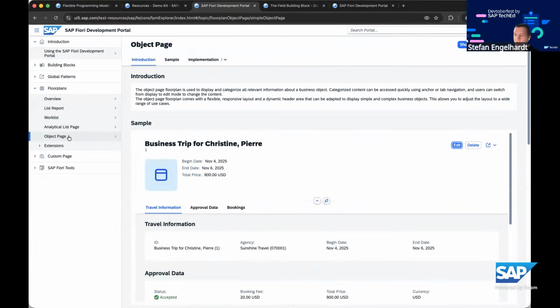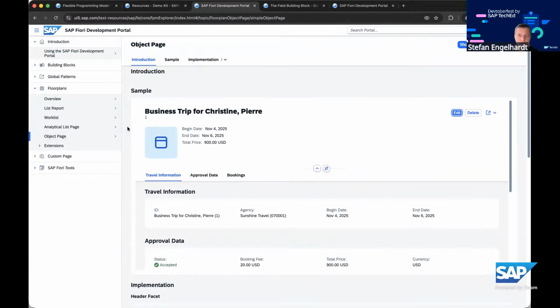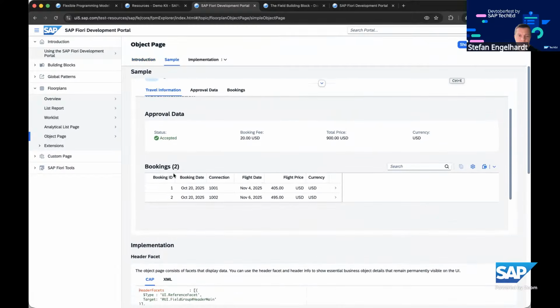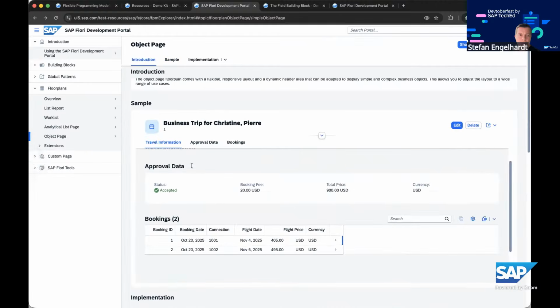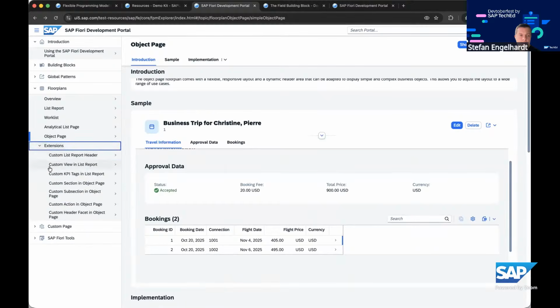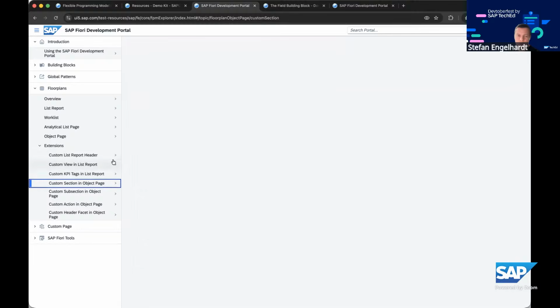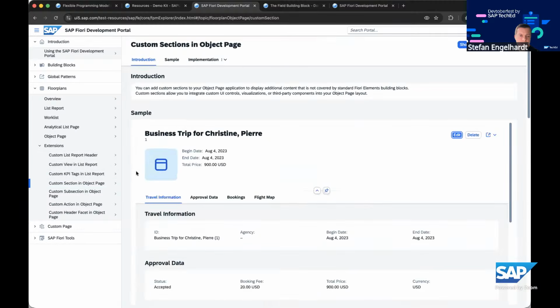Of course, there's also the object page available. So also this you can show, how this typically looks. There can also be detail navigation, and there's also the chapter about extensions, which you might know already. So just take a sample, the custom section,